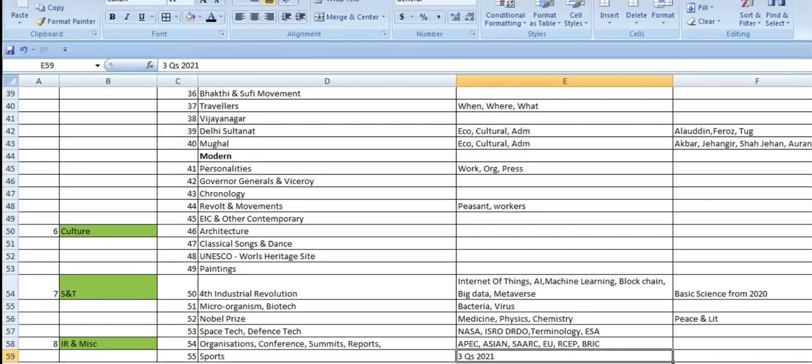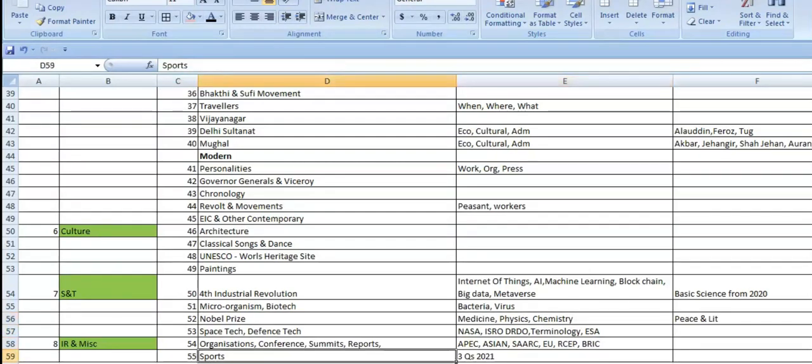Next one is the sports. There were 3 questions last year. And whatever sports India is concentrating on, like hockey, kabaddi, those are the major areas where India is there, and the Olympics or the Commonwealth Games where India is participating. Then you have to read that news. Okay, don't leave that. If you are really interested in sports, or if you're a sports person, then you can easily score 3 into 2, 6 marks. Okay, so these are the areas which you have to concentrate highly to clear your prelims.